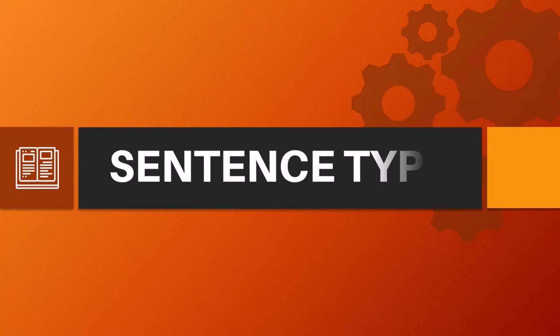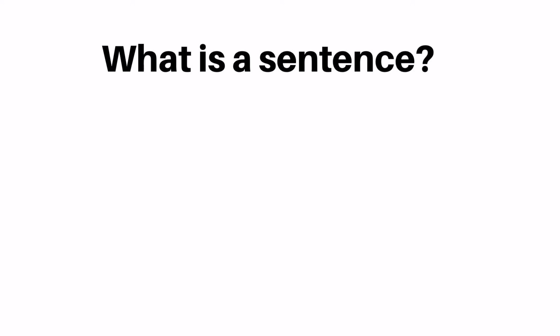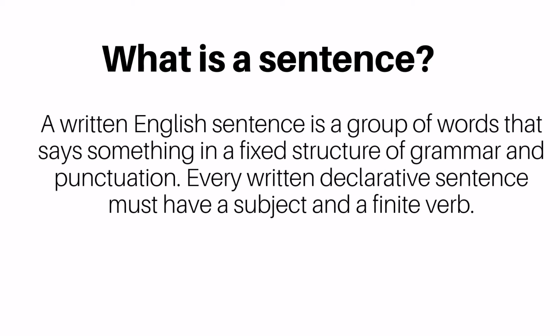Dear students and viewers, in this video, I'm going to describe the types of sentences. Before I describe how many types of sentences we have in the English language, I would like to start with the definition of a sentence. As you see there, a written English sentence is a group of words that says something in a fixed structure